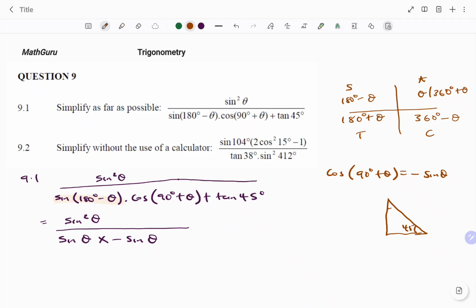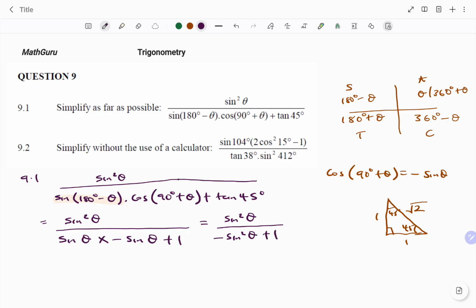Then using my special triangle for 45 degrees, if this is 45 and this is 45 degrees and this is a right angle triangle, the short sides are 1 and 1, and then the hypotenuse is root 2. Tan is opposite over adjacent, so that's 1 over 1. That's going to give me 1. Simplifying further, that will give me sine squared theta divided by sine theta times minus sine theta, that's minus sine